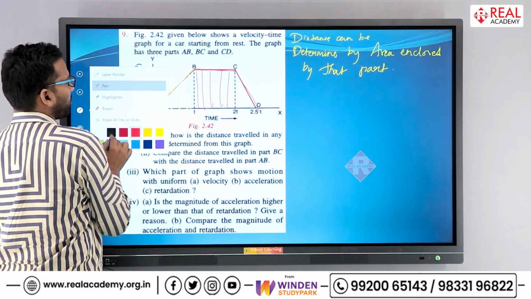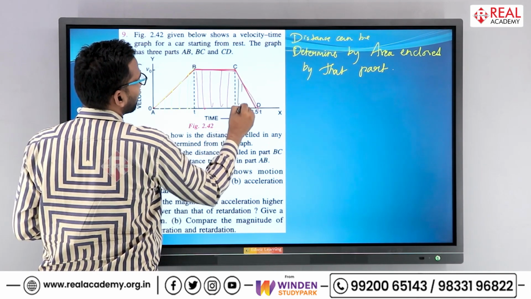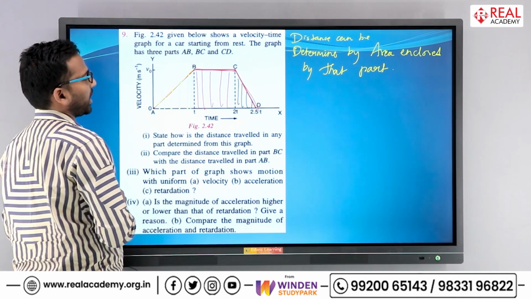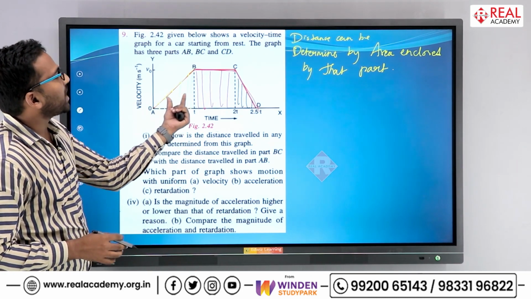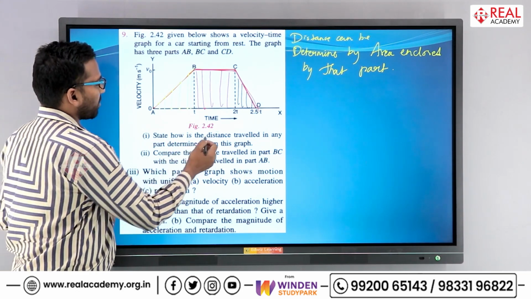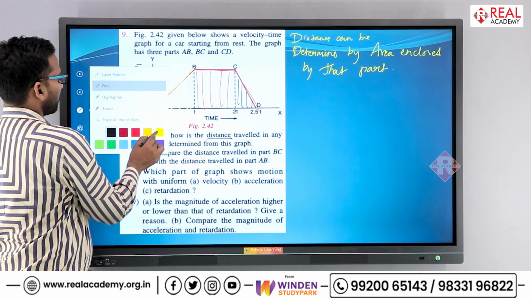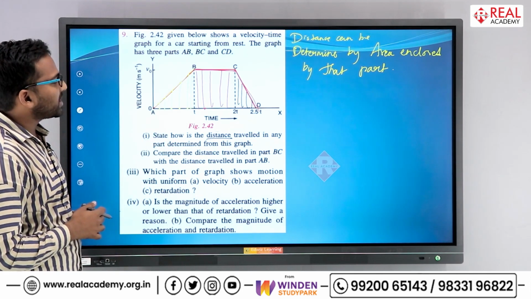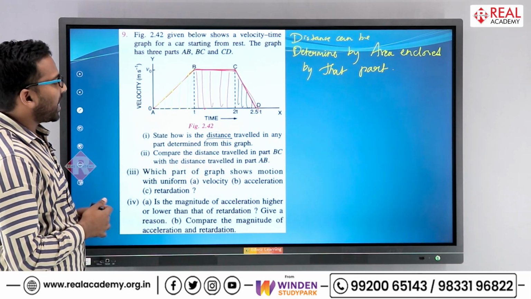And if I want to find CD, for CD I need to determine this region's area. So by determining the area enclosed by that part, we can definitely determine the distance. Okay,